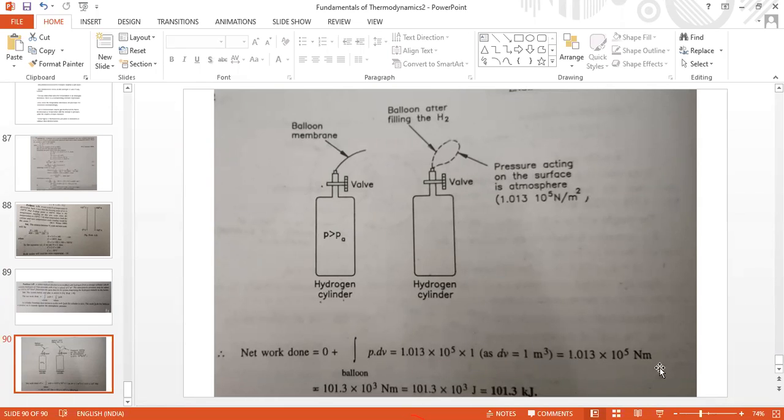So here at this point you can stop the problem. Not all this is required. If you want, you can divide by 10 cube to get kilojoules. Newton meter is joule, you remember that. So at this point you can stop, or you can even convert it into kilojoule or megajoule. It is up to you. But nobody will ask you to do the second step in kilojoule. You can stop at this point, as the work done is this many Newton meter or joule. Like that, we will deal with problems.